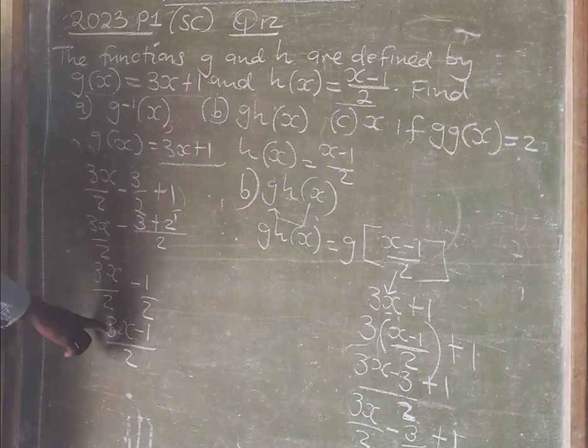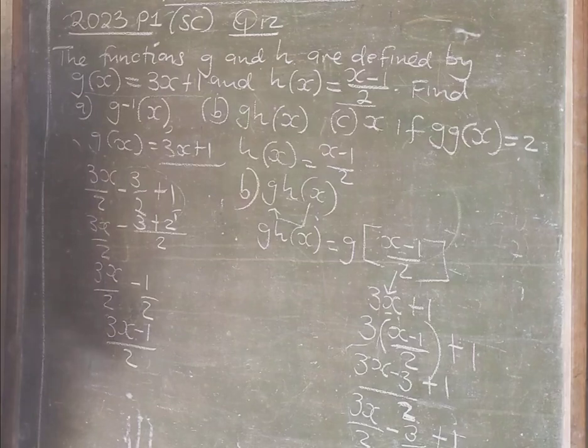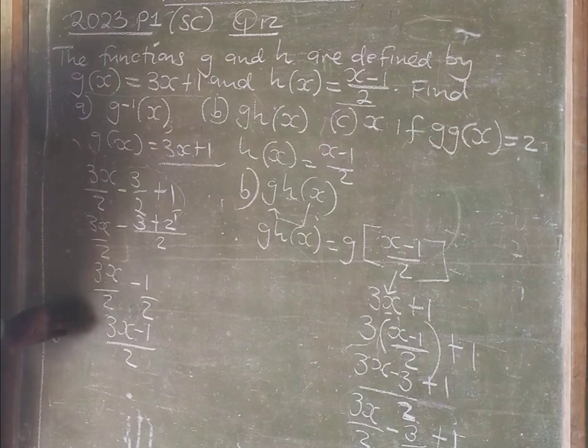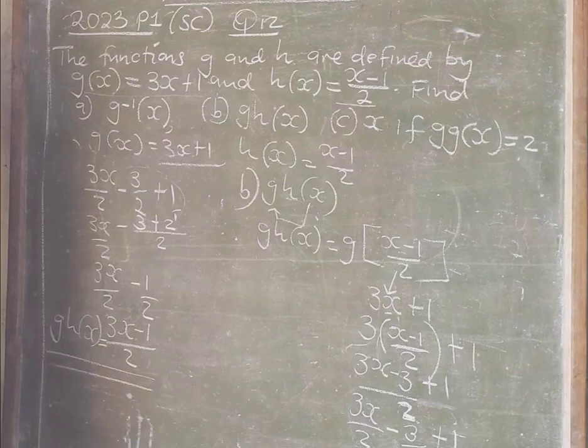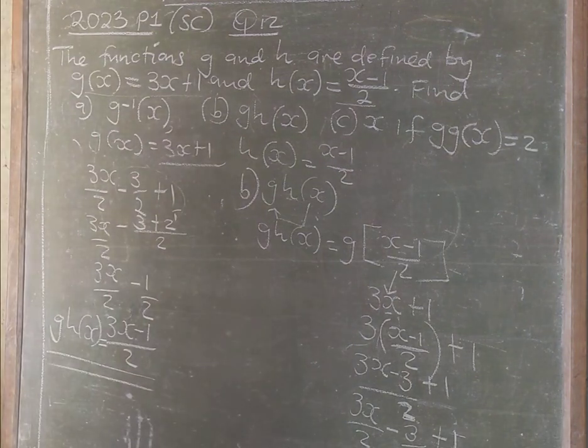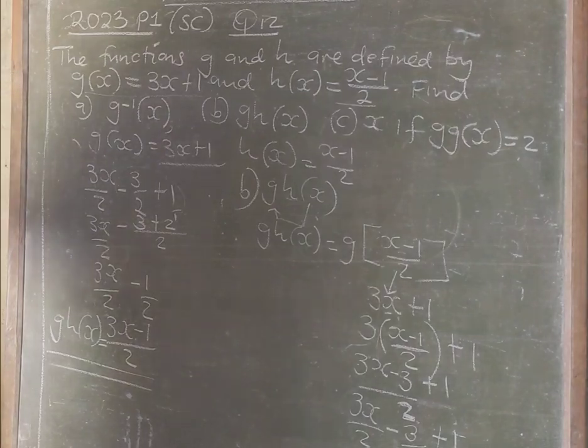So you can't subtract 3x minus 1 any further, meaning our answer ends here. So this is our g of h of x. Okay, so this is our answer. Okay, this is our answer. So when copying, actually due to space, I'll be erasing some, so you copy and try to pause some so that you understand as I'm erasing due to space. Okay,